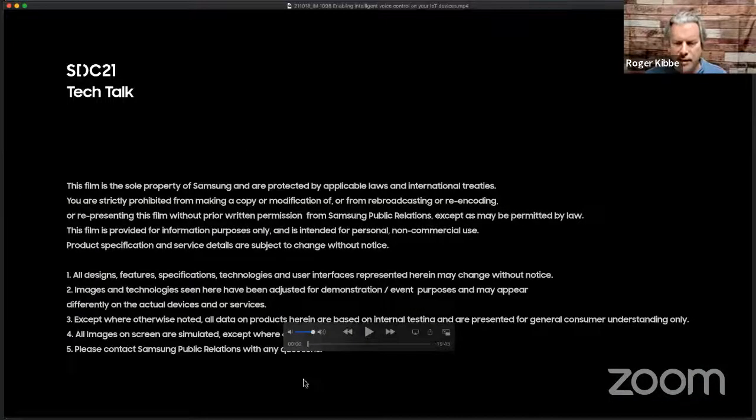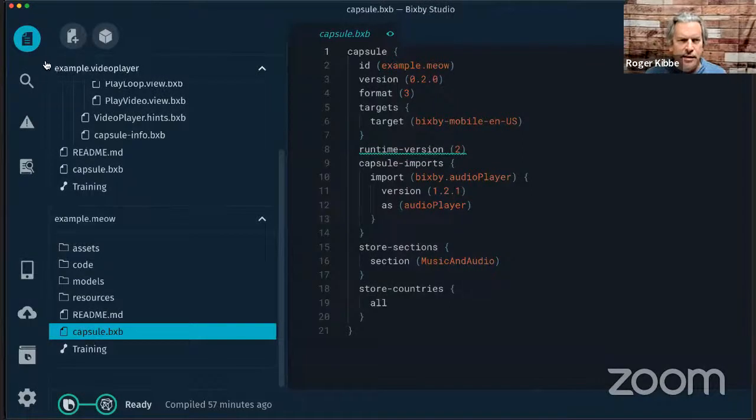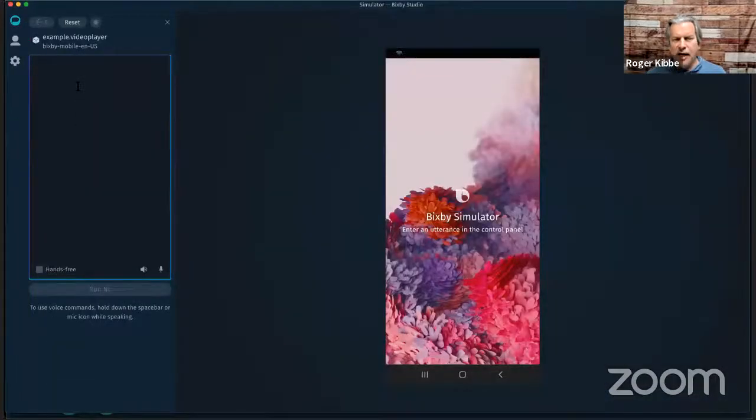Let me go over to the Bixby Studio. The first thing I want to talk about is playing videos in Bixby and a couple things we added this year, but really it's somewhat of a review. I'm just going to show you how playing videos works. Let's go to the simulator. All this code is available on GitHub. There's a new sample called video player. So if you just say start,